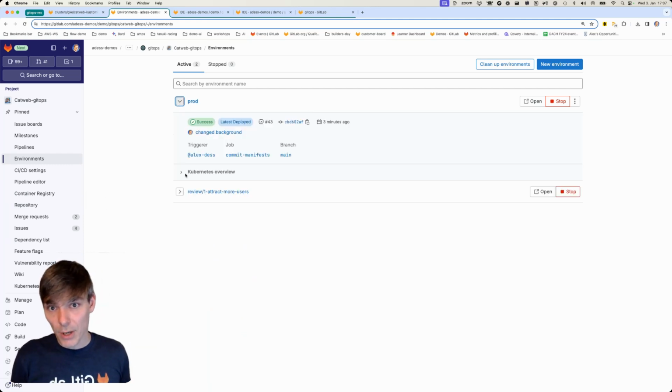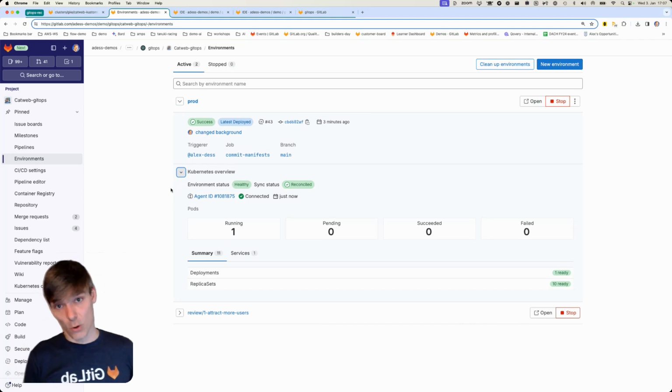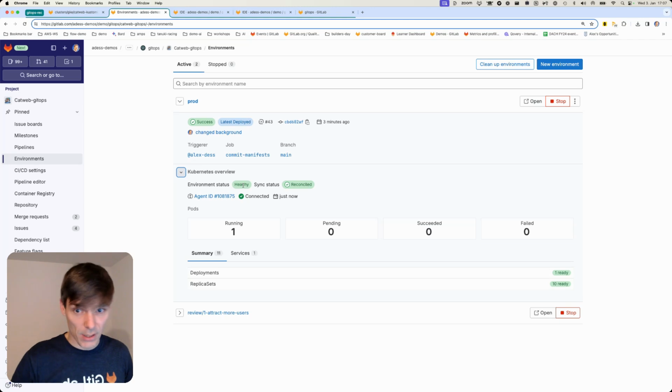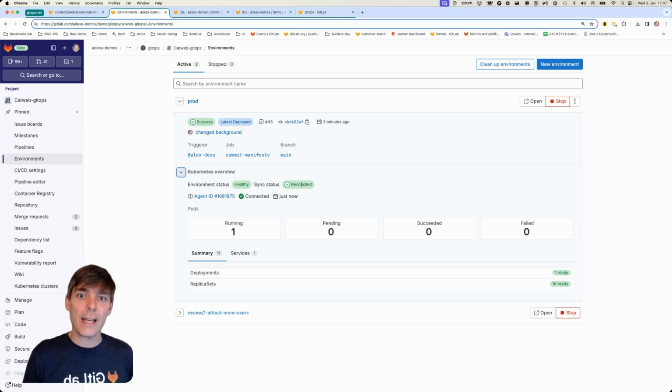Opening my production environment, I see that this was updated 3 minutes ago, and I have as well a Kubernetes overview directly within GitLab here, which says this is healthy, this is fully synced, the sync status is reconciled. Even if the default interval was set to 5 minutes and it's now around 3 minutes since deployment, the reconciliation happened already. And this is because the GitLab agent for Kubernetes is running on the cluster and it detects